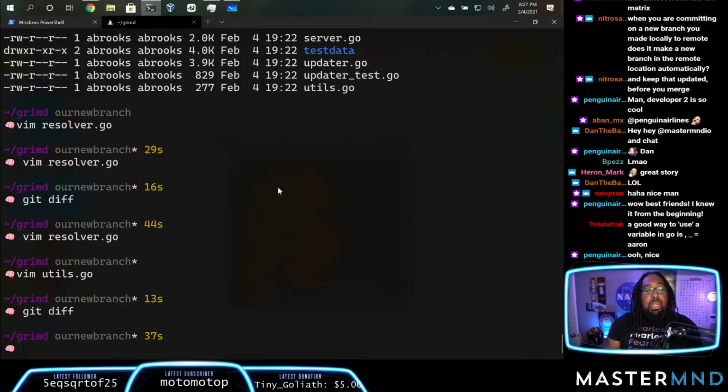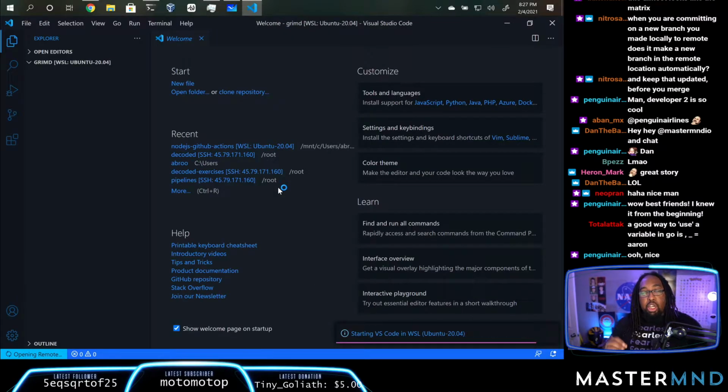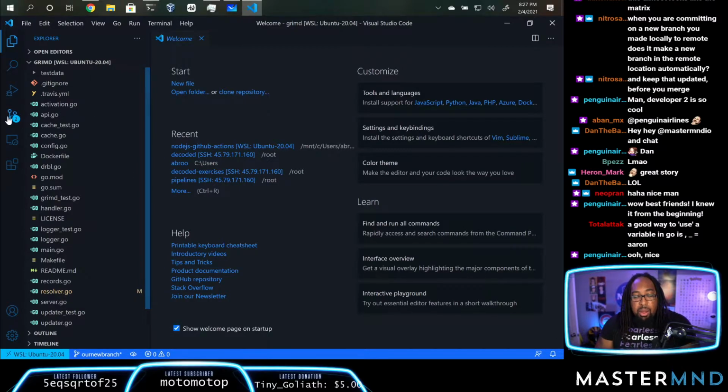Let me show you something else because you all have been using VS Code. This is why people really love VS Code. I'm going to open this up in VS Code. VS Code's Git integration is incredibly powerful. Right here is the Git integration. I've made 2 changes. If I go back to the command line, and actually I'll just open up the command line here,